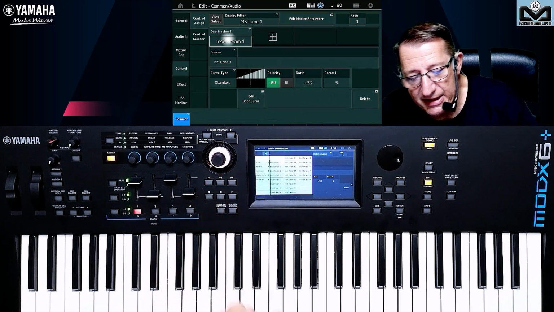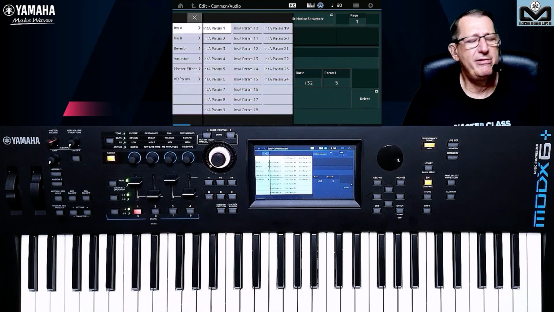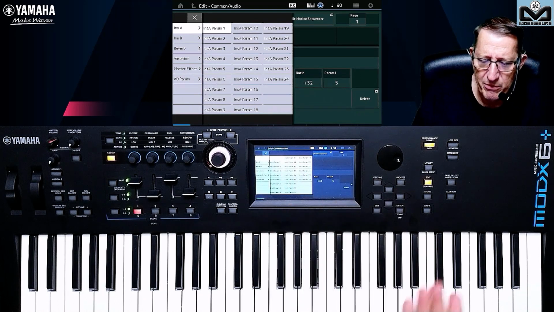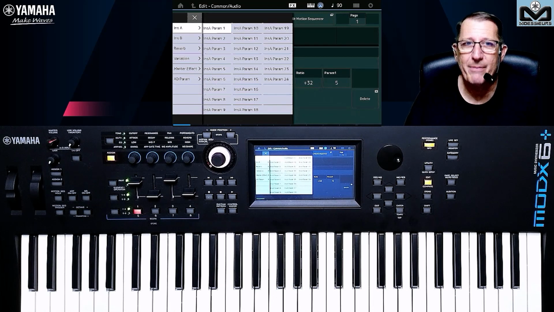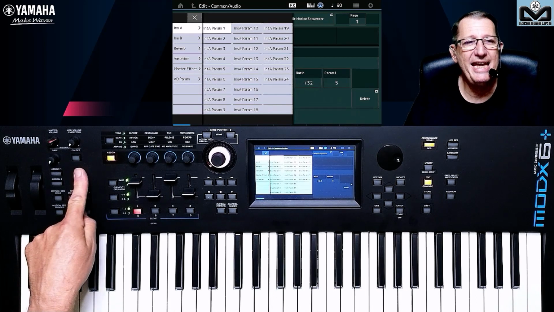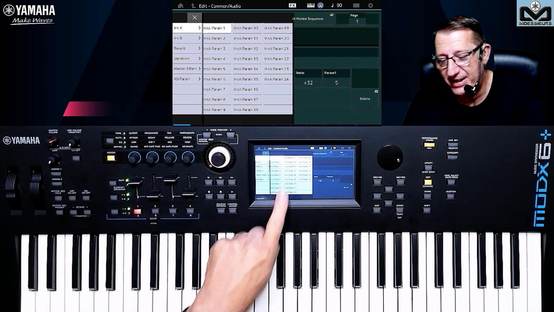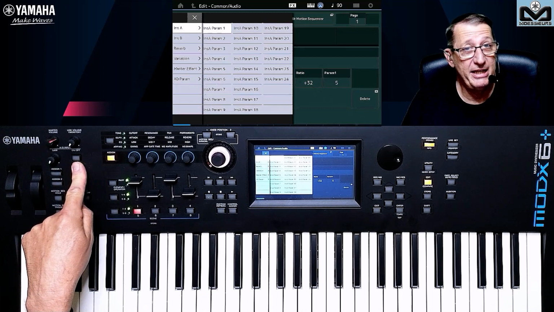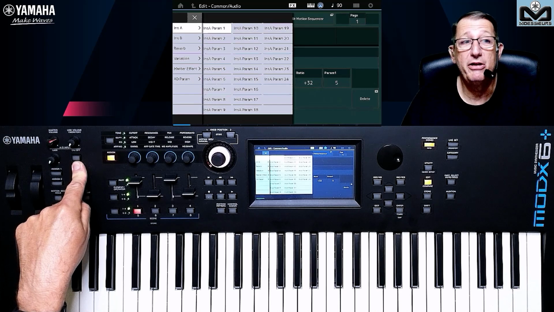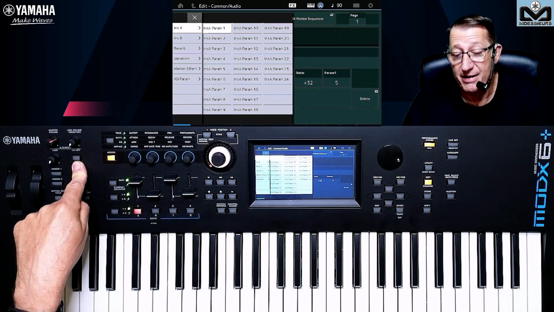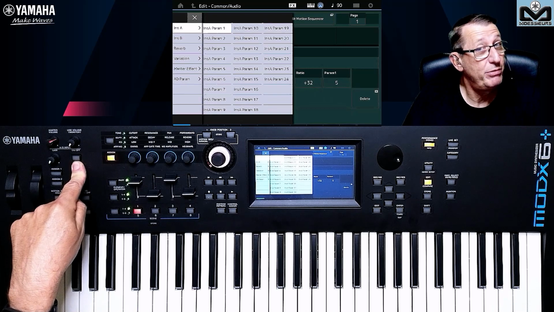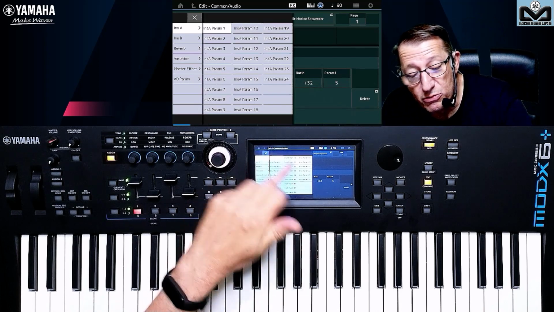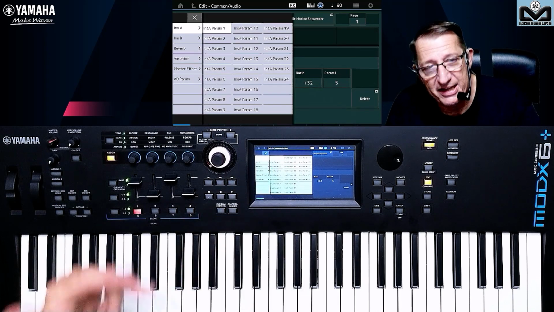And what are the destinations? Insert A and B. But Joel, you have explained that we have insert A and B at part level, and here we see insert A and B, and we are at command level. Yes, because this is insert A and B for the AD input. Do not think this is a part thing. This is the command level, for the insertion effect for the AD input. So with the command motion sequencer, you can control the insert A and B for your AD input. Very interesting. If you connect a synth, for example, or why not a microphone, you can also do a lot of things. Of course, it depends what you have set as insertion effect.